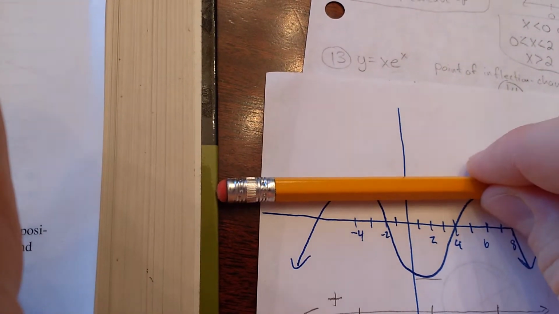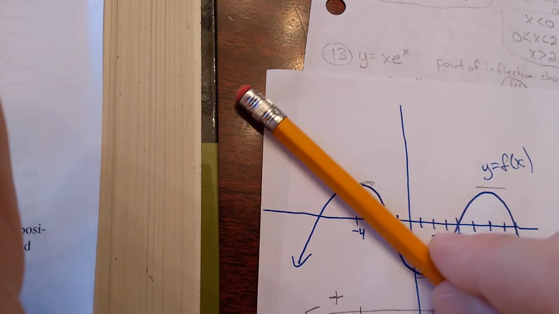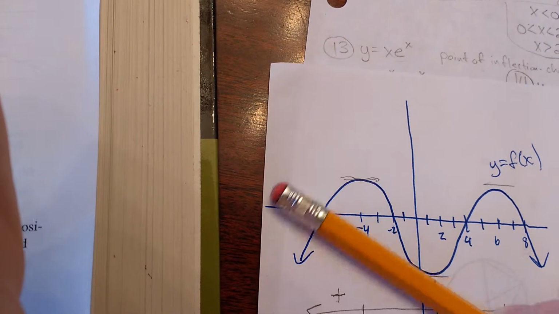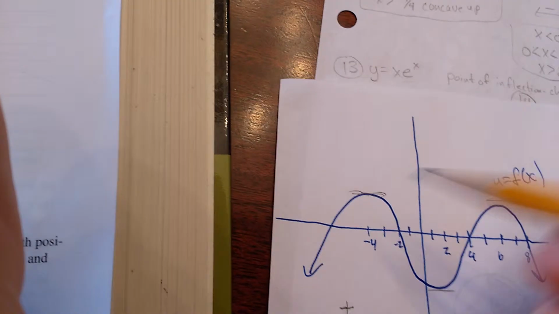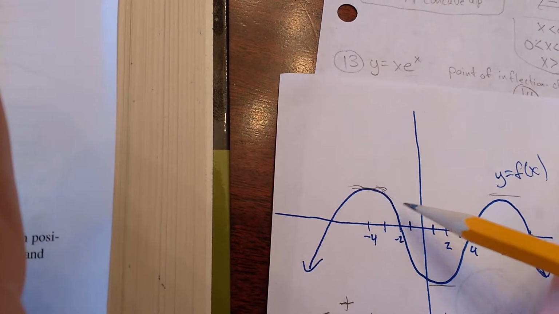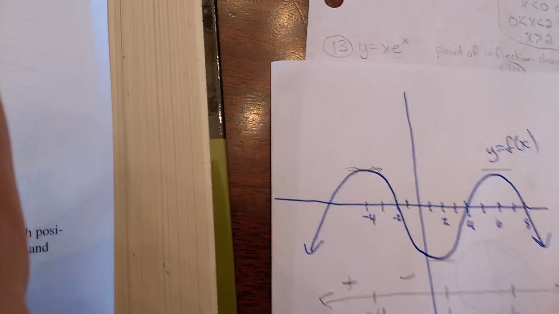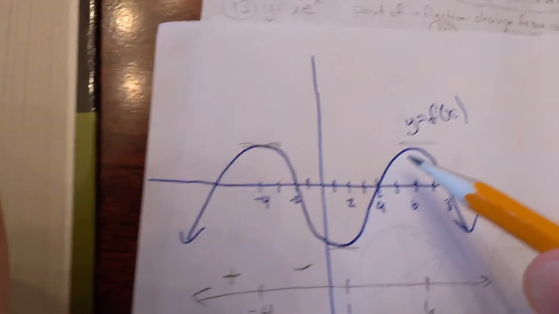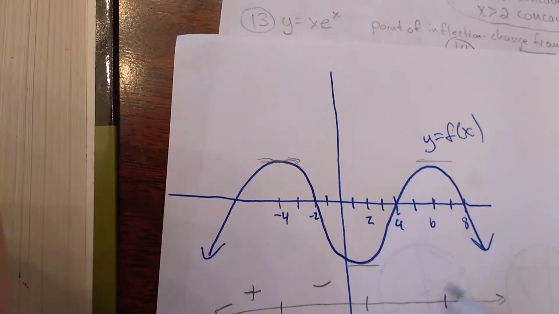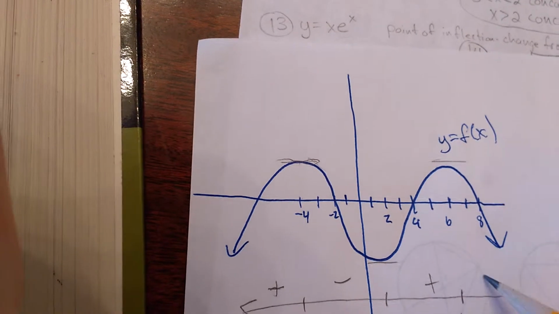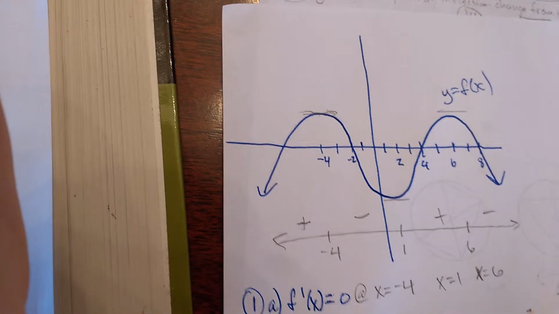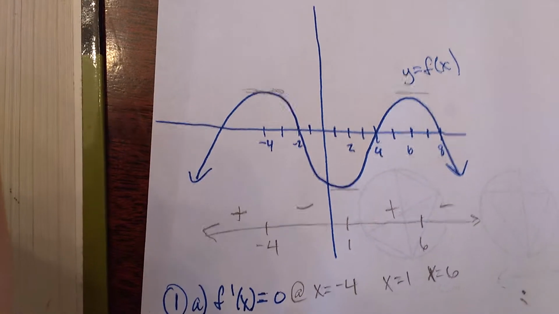Well, if you do your little pencil thing, this starts flat, and then it goes negative, negative, negative, and it's always negative, the slope. No matter where you would draw a tangent line along that thing, it's always pointing down. So the slope in there is negative. It should be easy to see. The slope between this one and this one is positive, and then the slope goes negative again. Well, so if we just do that, we've now answered